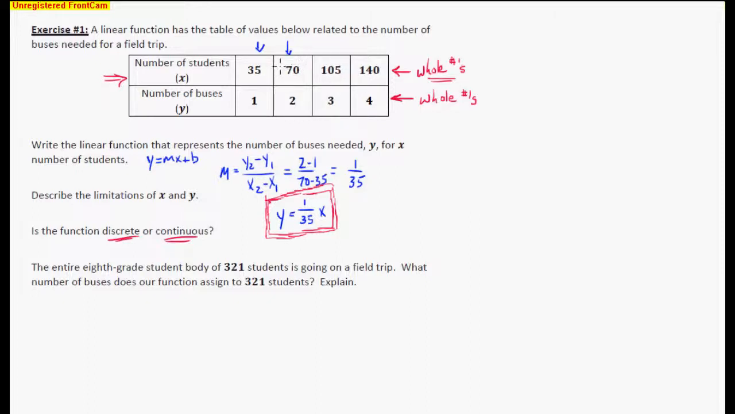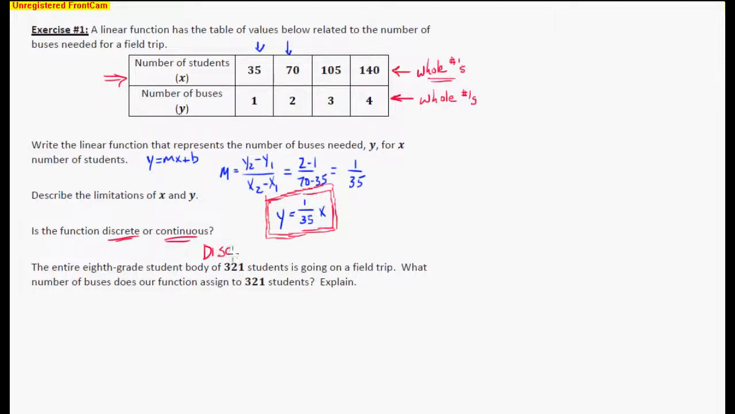But the more important thing is you're going to have to go from 35 to 36 students. And you're going to have to go from 70 to 71, and 71 to 72, and 72 to 73, etc. All right, you're gonna have a little jump there. All right, so this is going to be considered a